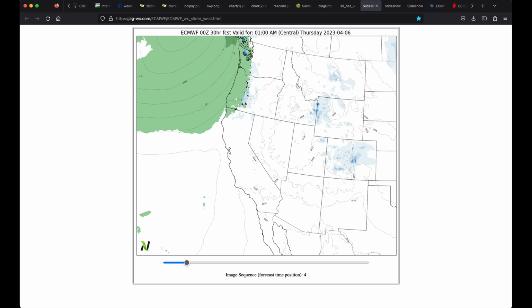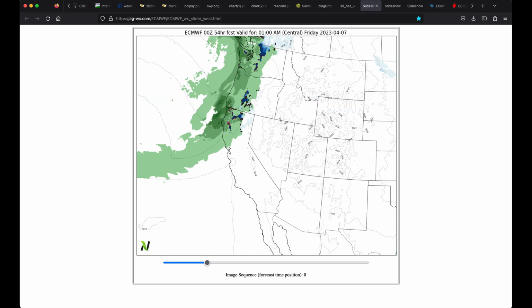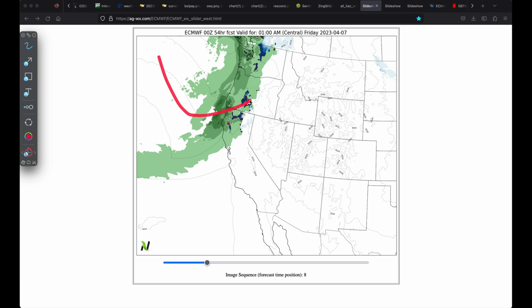Rainfall potential starting tonight, overnight into Thursday, through the day on Thursday, kind of reaching perhaps peak intensity in the Willamette Valley and western Washington, and then certainly northern California, very early Friday or overnight Thursday into Friday. And if you look closely, I know it's hard to see some of these isobars here coming out of the Pacific Ocean, but we have more kind of a southerly component to the flow here coming into the Willamette